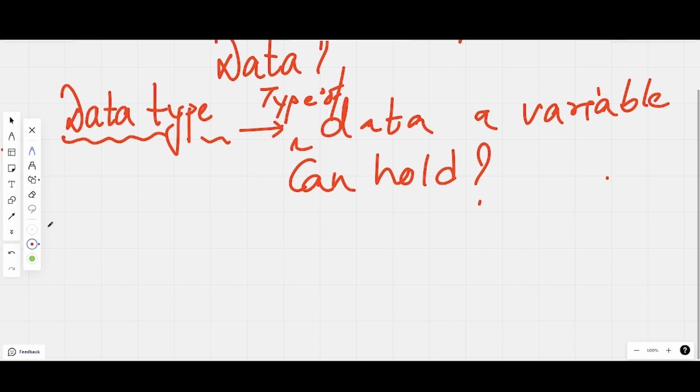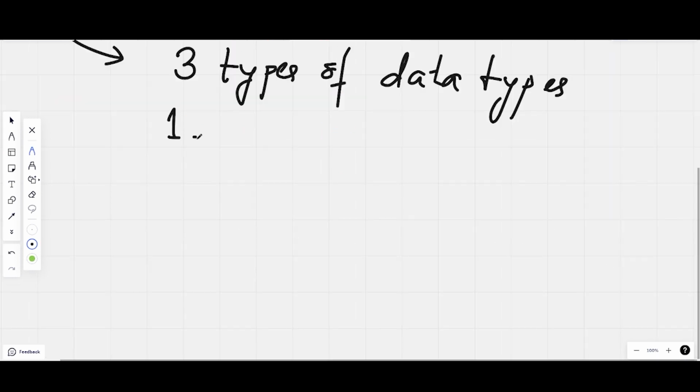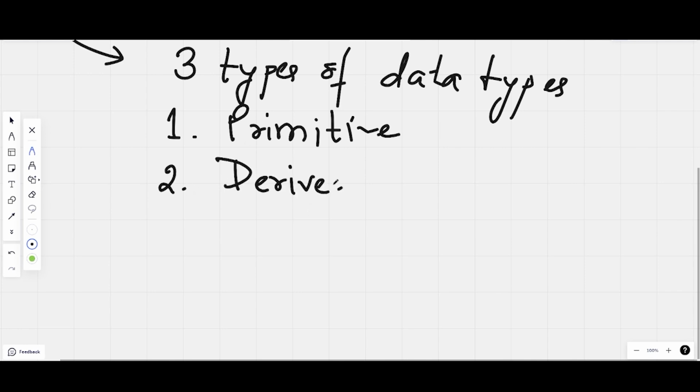Now, when it comes to C++, we have three types of data types. The first one is called primitive data types. The second one is called derived data types.